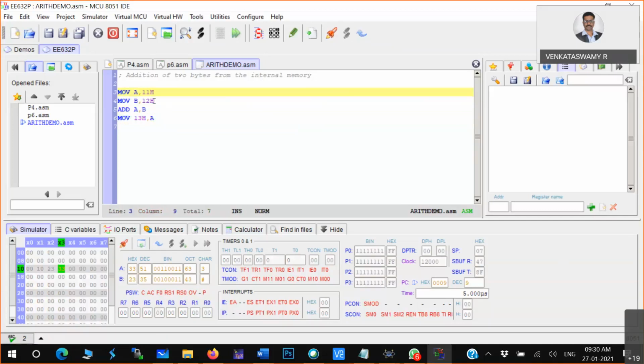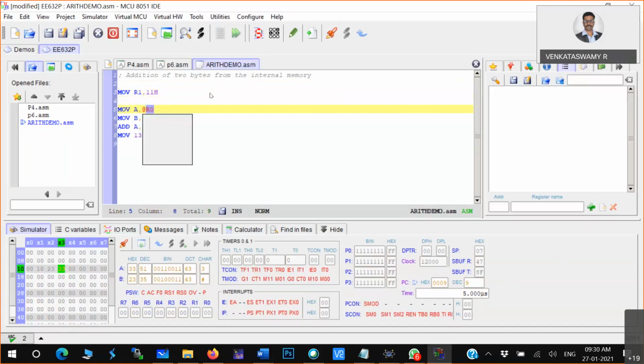So now here you see. Okay, so what is that complexity? Try to understand. Move R1 comma 11H. Okay, 11H. Now here you see what I did.